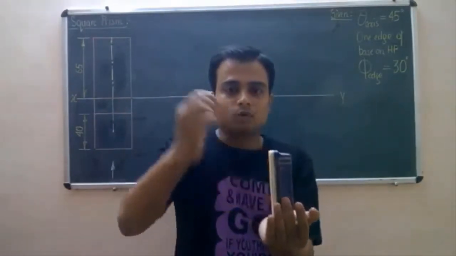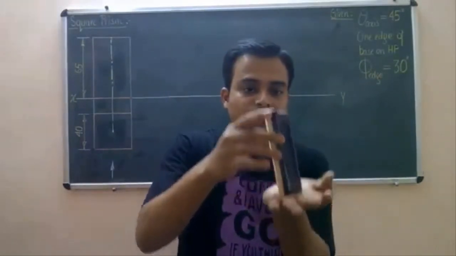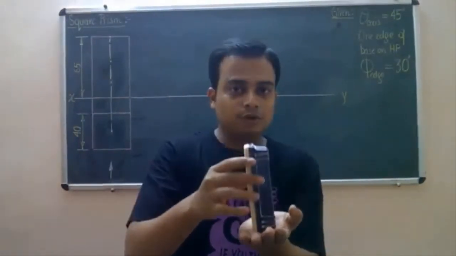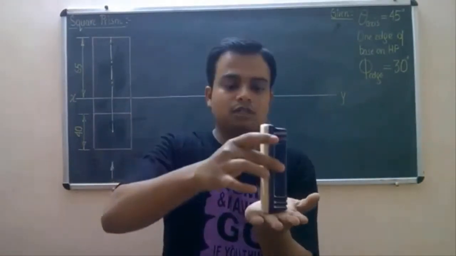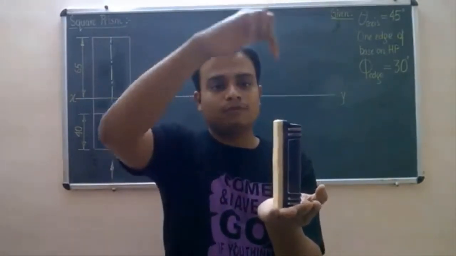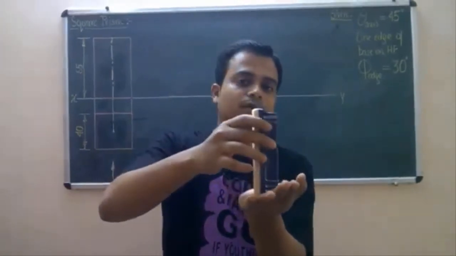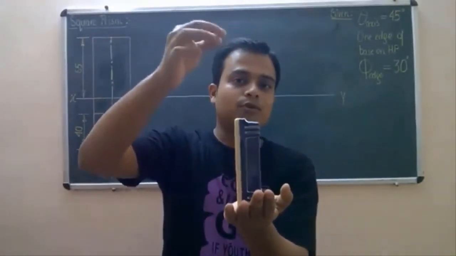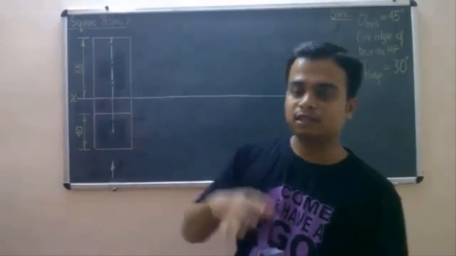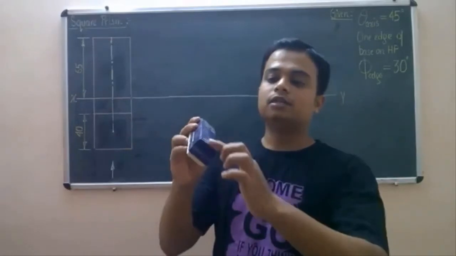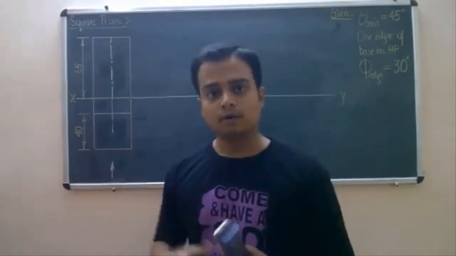Okay, then there is a question you have to ask yourself, and that question is, from which view you can view the true shape of the base. As far as this particular position is concerned, the true shape of the base is evident from the top. This base, I'm talking about this base. The true shape of the base is evident from the top view. Hence, what we'll do is we'll draw the top view first. And as far as the dimensions of the base are concerned, these are the dimensions 40, 40, 40, 40. It's going to be looking like a square, right?